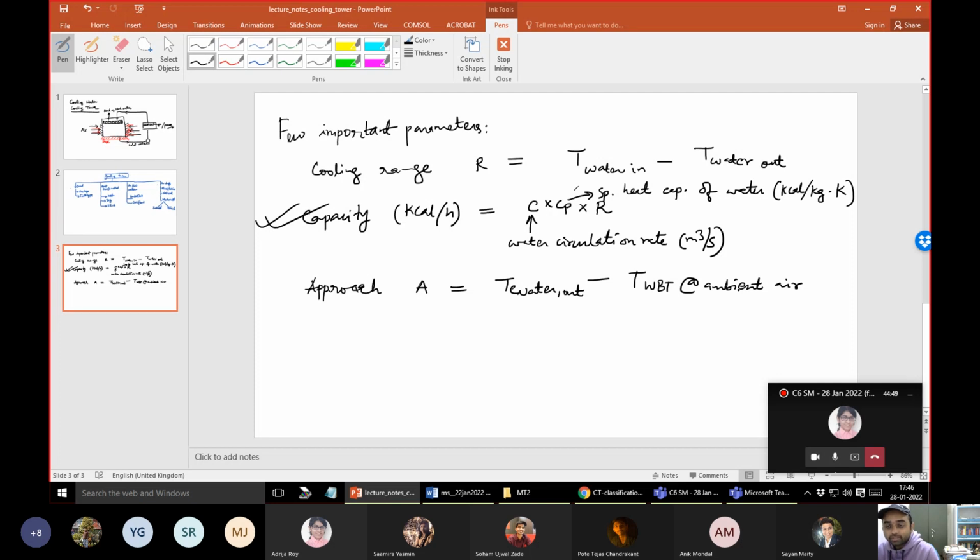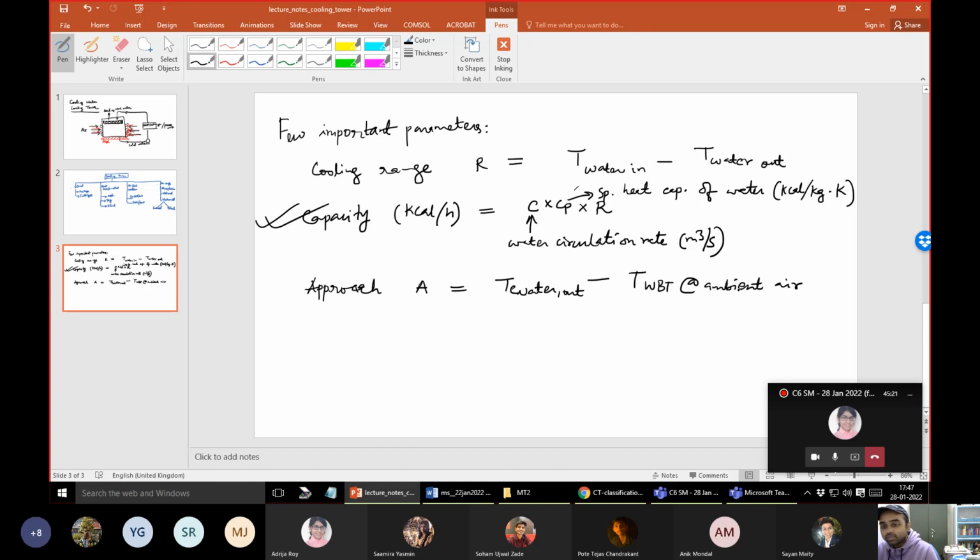The rate of heat transfer also depends on the temperature gradient, I mean, the temperature difference between the water temperature and the wet bulb temperature of the air. So if the difference is very low, then the thermal gradient would be too low, so heat transfer would not be fast. So there has to be a difference, right? But if the difference is too much, then the design of the tower also will be large, isn't it? Because you cannot get your water temperature below a certain level.